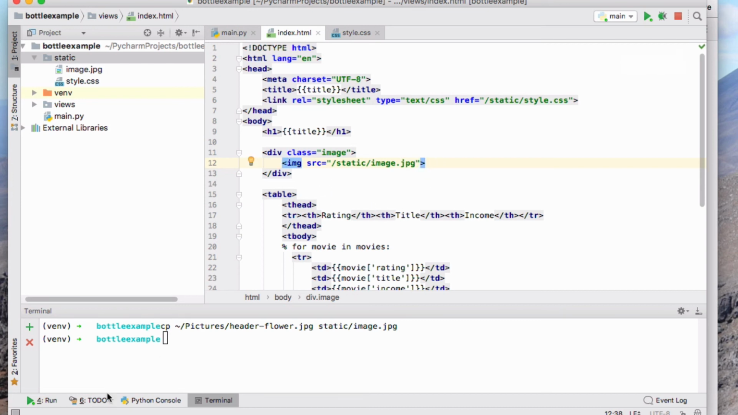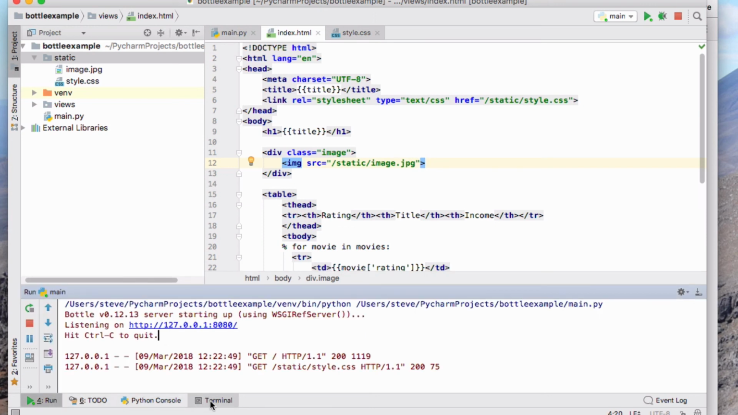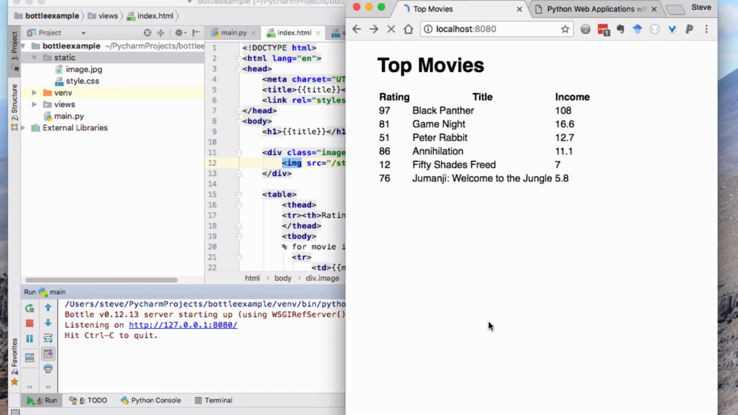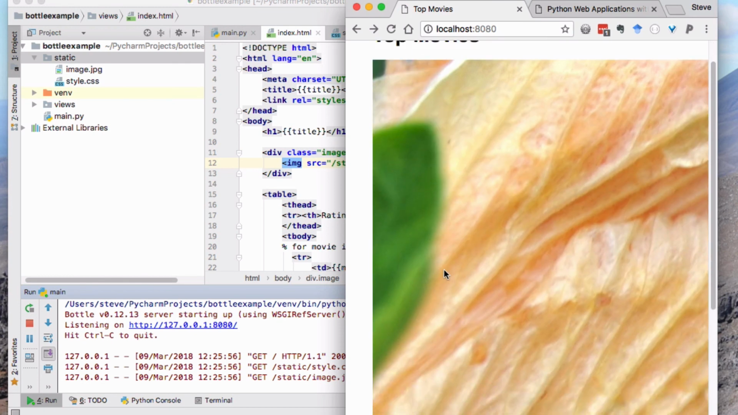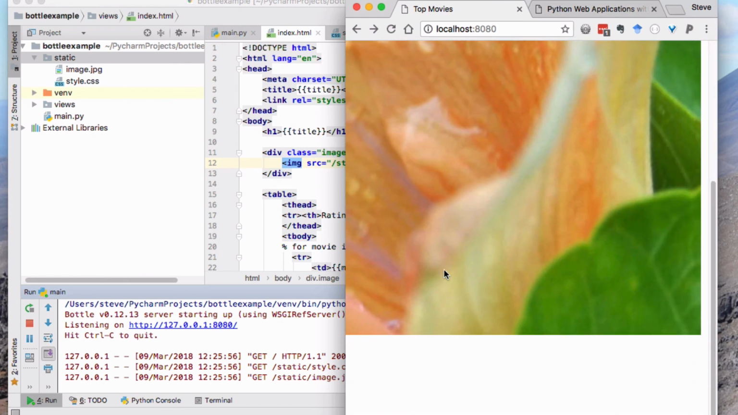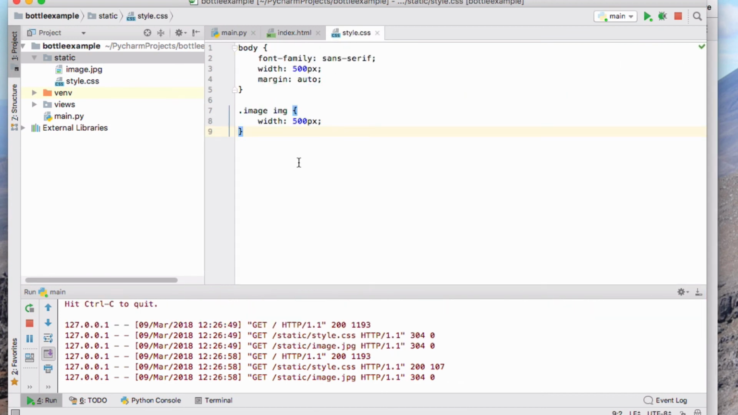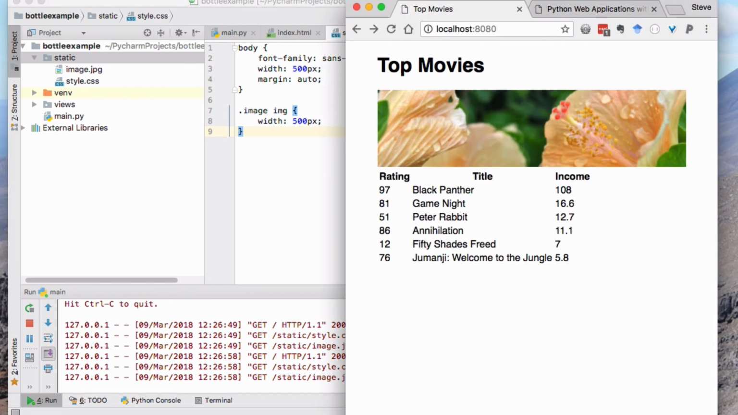So let's have a look at what that looks like when we run. Restart so that we can pick up those changes. Add that in, and look, there's my image, my flowers. So I need to style that so that it fits across the page. There, so I've added the style sheet rule to make my image 500 pixels wide, and we can refresh that,